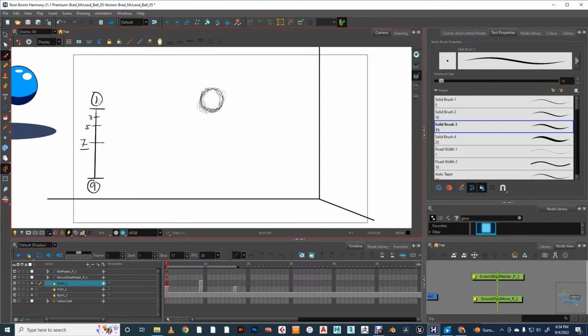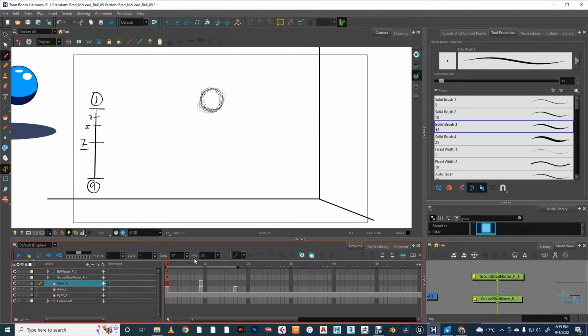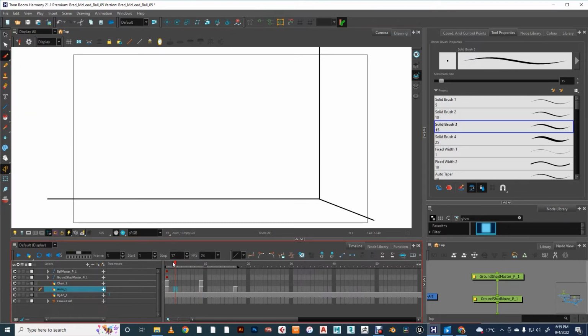And timing charts are generally read from top to bottom. So we're reading from here to here. They're drawn and read from top to bottom. And then we're going to hit on frame 9 and bounce back up. All right, so we've got our